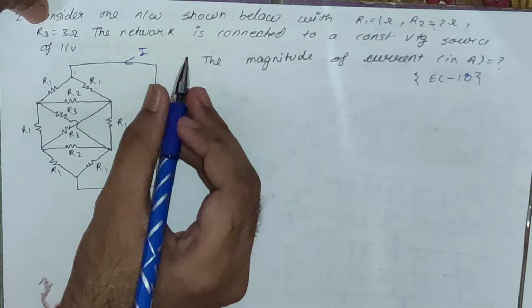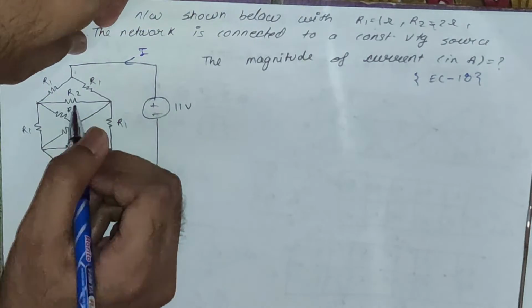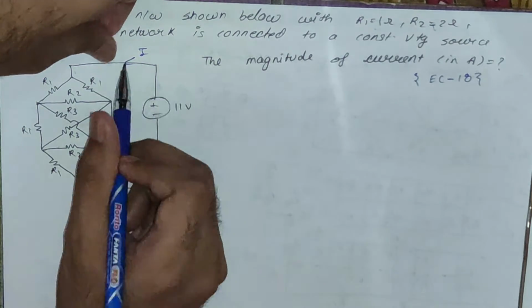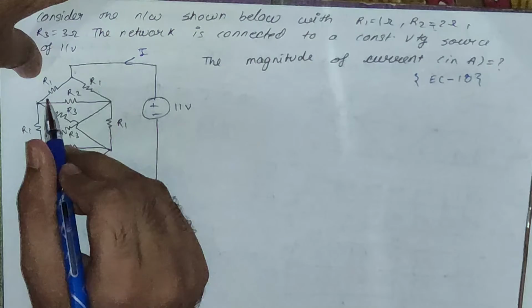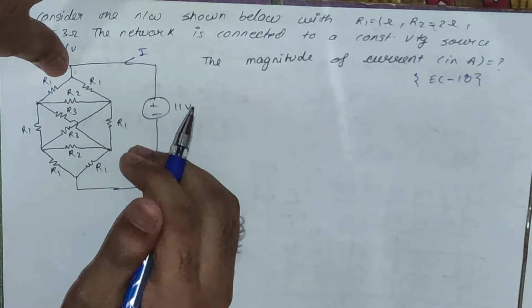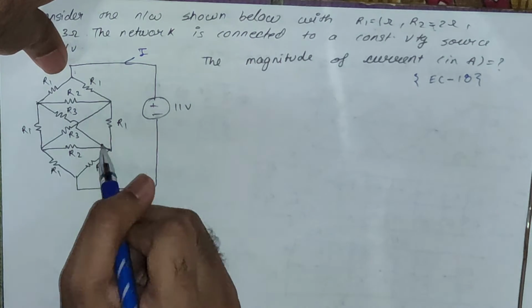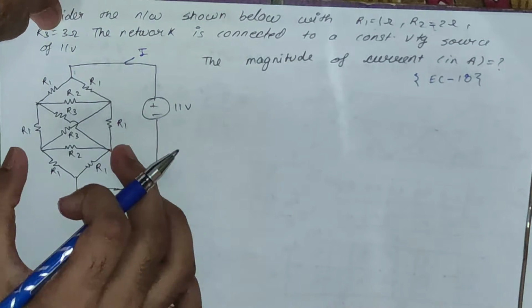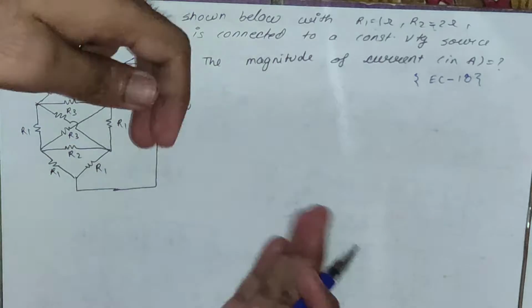First of all we have to find the equivalent resistance of this circuit. Then whatever resistance comes, we will use the formula I is equal to V by R to get the current. So let's find the equivalent resistance. First we will check for Wien bridge. You can see this cannot be used as a Wien bridge, this also cannot be used as a Wien bridge. So you can conclude that in this circuit we can't use Wien bridge, as there is no such circuit present here.